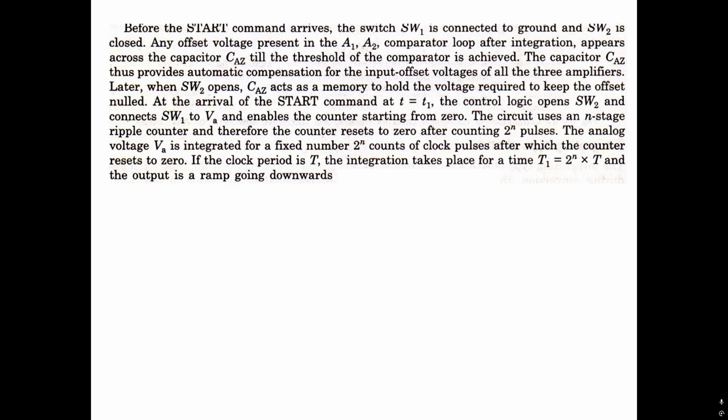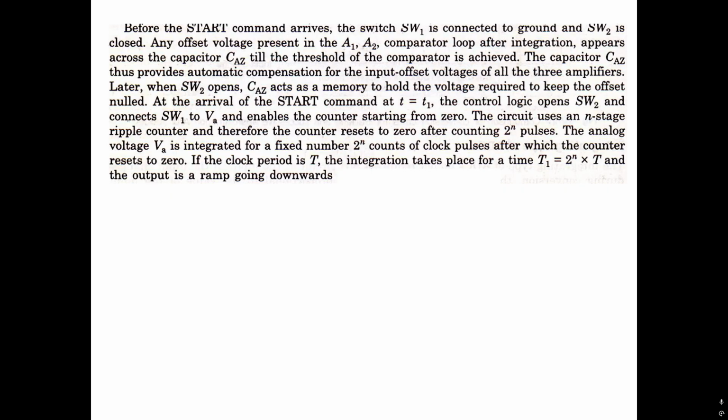The capacitor CAZ thus provides automatic compensation for the input offset voltages of all the three amplifiers. Later, when SW2 opens, CAZ acts as a memory to hold the voltage required to keep the output